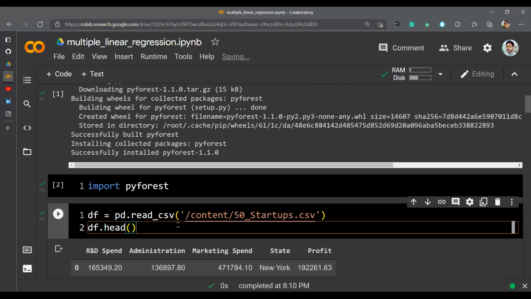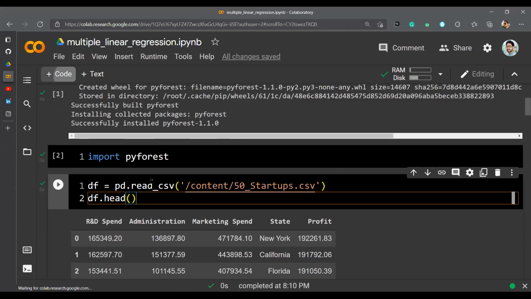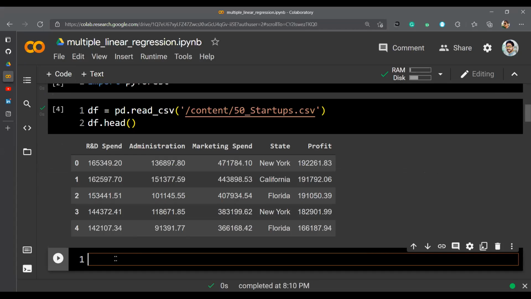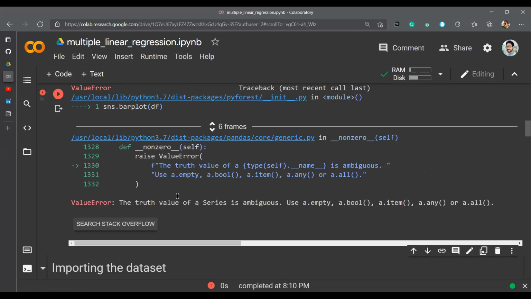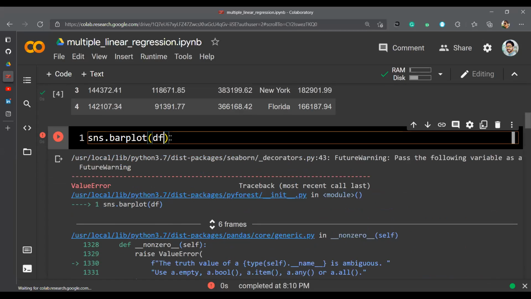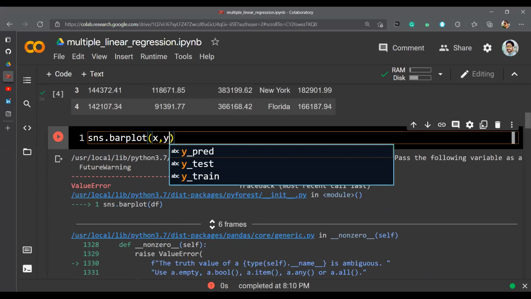After this, I can even directly write some Seaborn code also, sns dot barplot into x comma y, or I can say df. I don't know, maybe that should work. Yeah, but definitely you can do this on your part also. Currently, the updates available on PyForest do not include scikit-learn, I think.